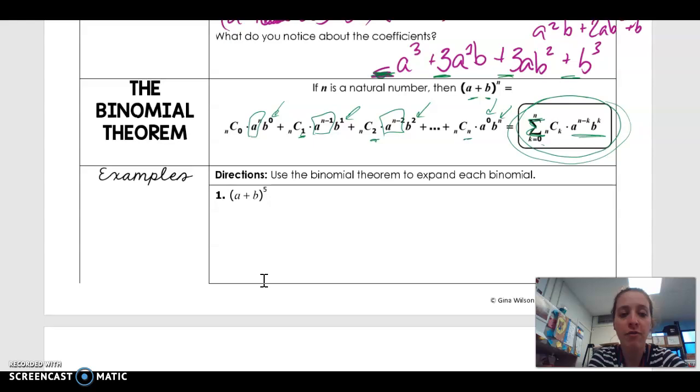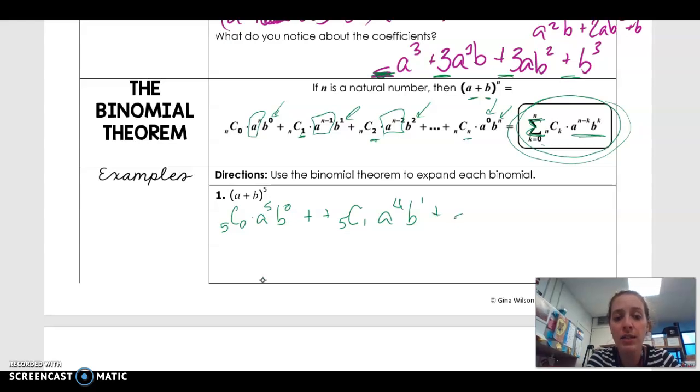Okay, so I see I've got 5 things, my 5 exponent. So I've got 5c0 times a to the 5th b to the 0. You'll notice that I start here and I start at 0. Then I add to that 5c1 a to the 4th, because that value decreases, b to the 1st, and that value increases, plus 5c2 a to the 3rd b squared, plus combination 3 a squared b to the 3rd,